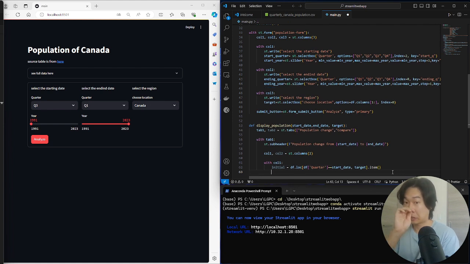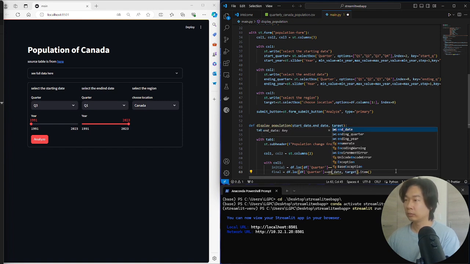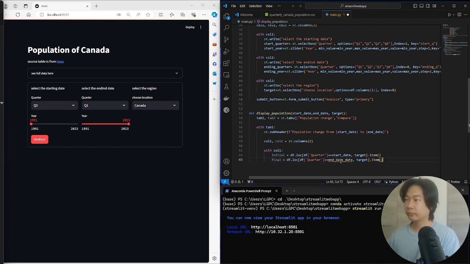And same as final. I will just copy and paste. Quarter, end date. So we set our variable, and we'll also be showing the